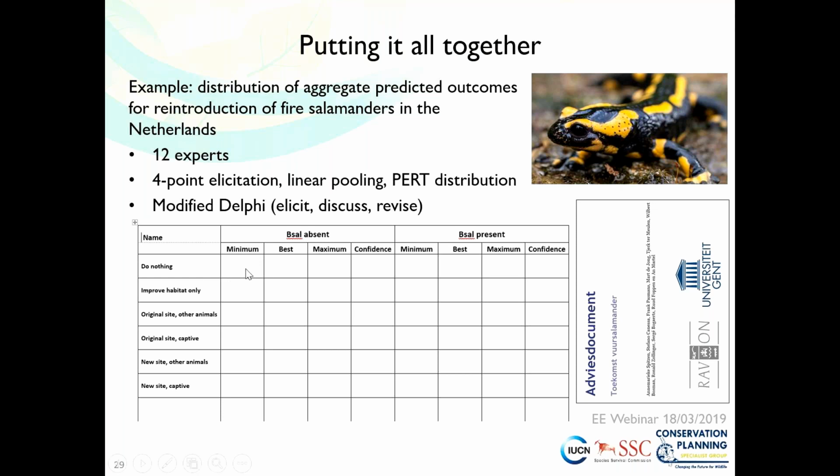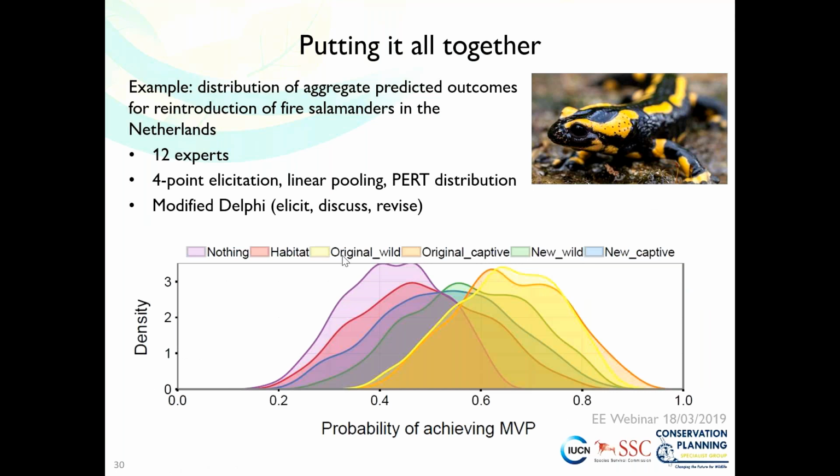So we asked people, if we do nothing and the disease is absent, what's the minimum, realistically, what do you think is the minimum probability that a species will still be there in, I think it was 100 years? Realistically, what do you think is the maximum probability? What's your best guess? And how confident are you that this range of minimum and maximum contains the truth? This worked quite well. So we took the average of groups and then we fitted probability distributions and we produced